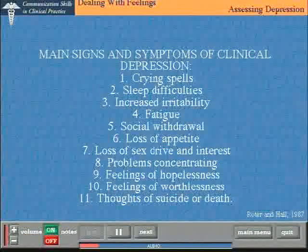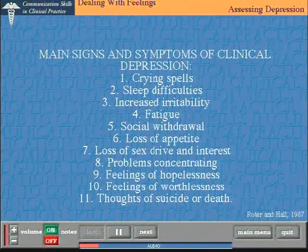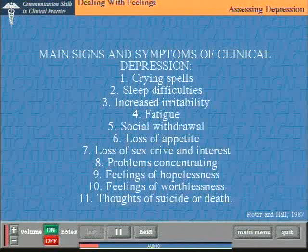So there are a few useful ways of approaching the patient who is angry. Now let's talk about a problem that is more common, but which is still not easy to deal with, and that